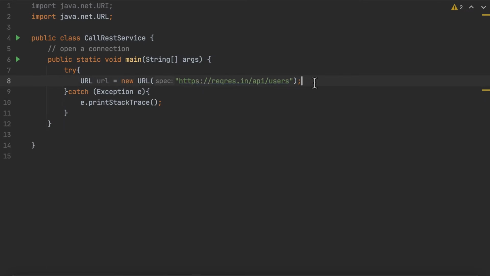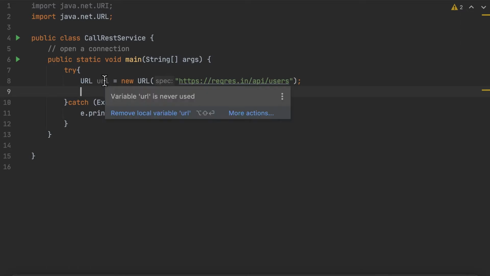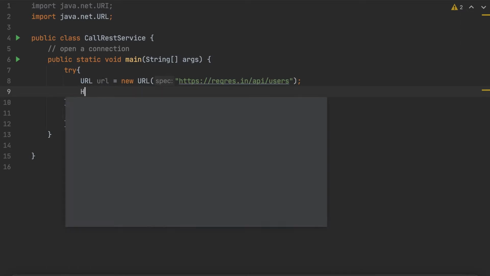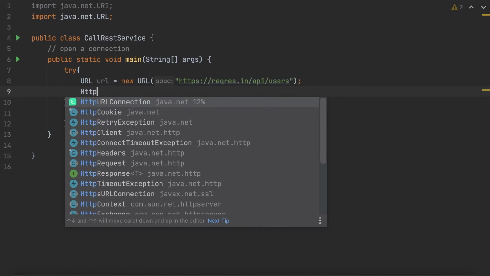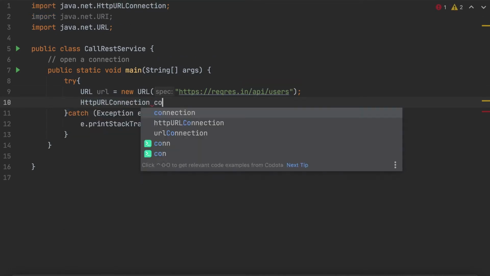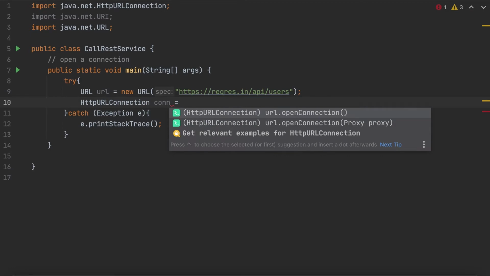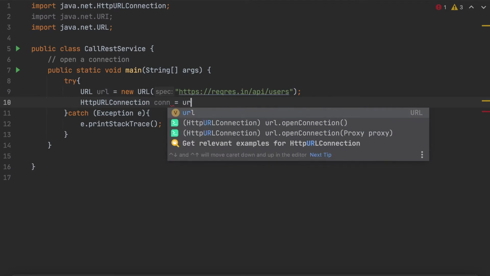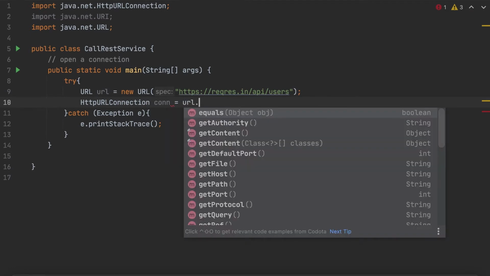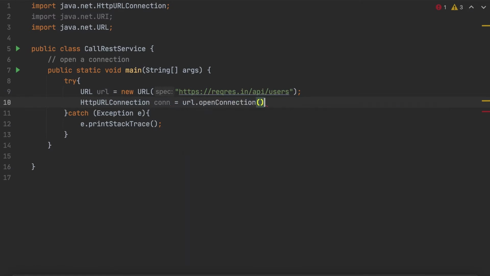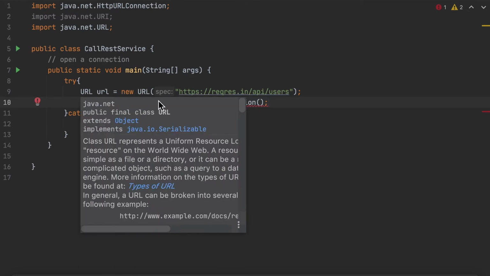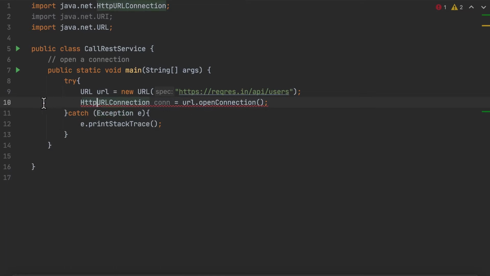The next thing, I have to initiate a connection to make the call to this particular URL, right? So we are going to use the traditional HttpURLConnection. So HttpURLConnection, and I'm going to name it connection is equal to url.openConnection(). Because I have the URL already, all I need to do is make a connection, but it will throw an error because we need to typecast it to HttpURLConnection. So let's do that. Cast it to HttpURLConnection.